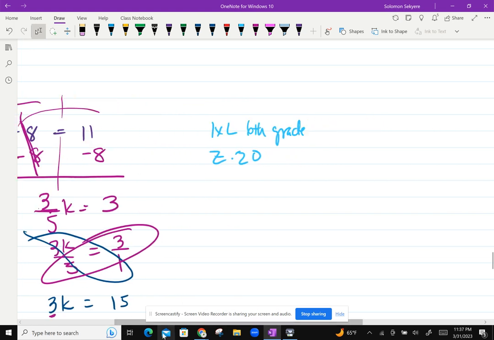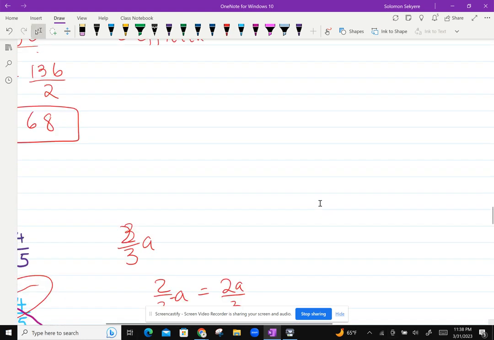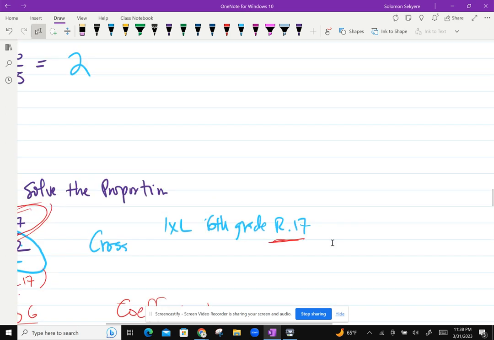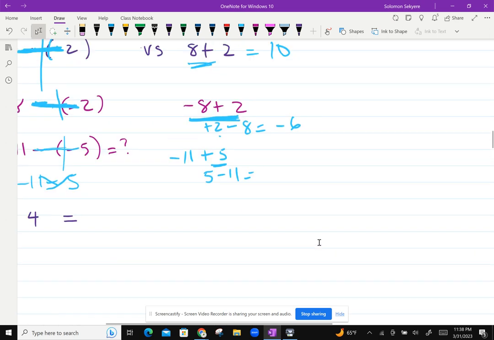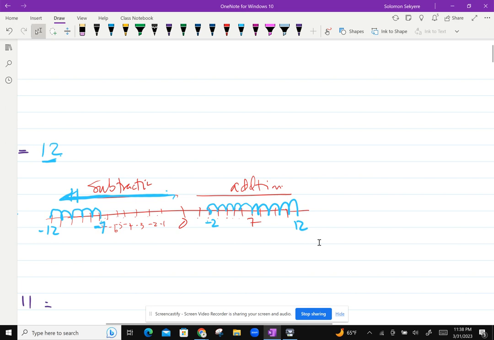Okay, these are additional IXL exercises to do. Sixth grade Z20. Okay, and then we have sixth grade what? R17. Go and practice, solve the proportion. And then I have plenty of exercises for you. Sixth grade N1 to N15. All right, keep on practicing, and all things being equal, you shall what? You shall